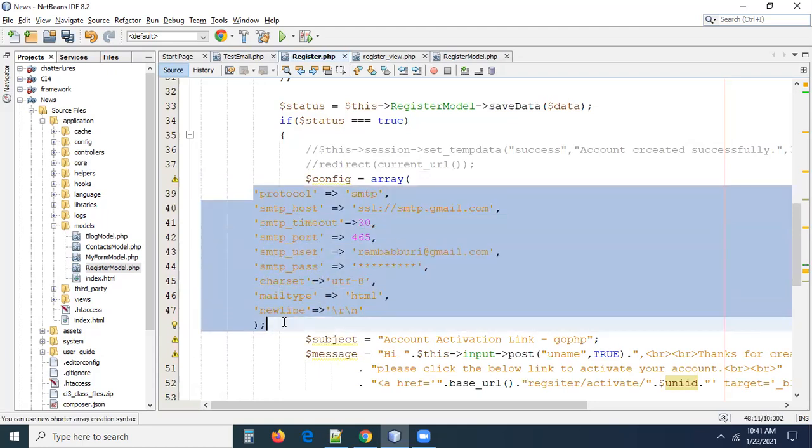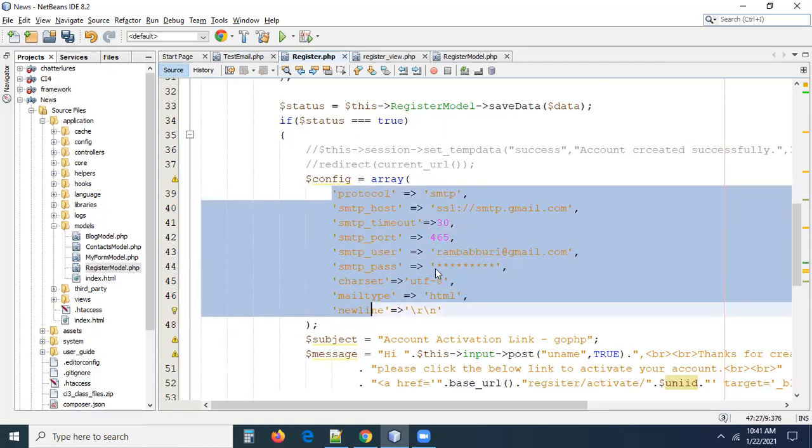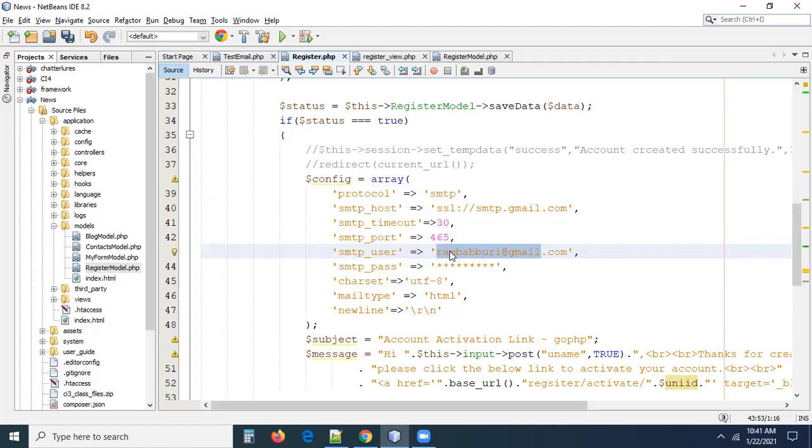But one thing I already told you in the early session, SMTP configuration, we worked with that also. Right now, I'm providing an email ID. This email ID may not work for you guys. So I'm going to provide you an email, gophptrainings@gmail.com, and the respective password of that particular Gmail ID. That's very important. Please check it carefully.